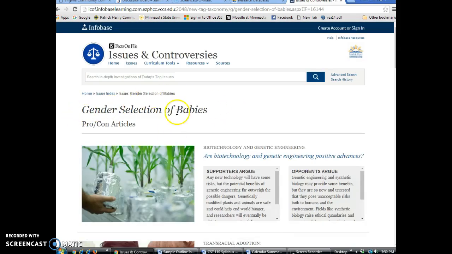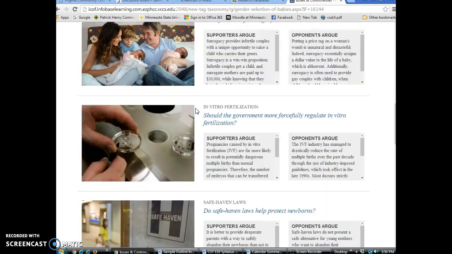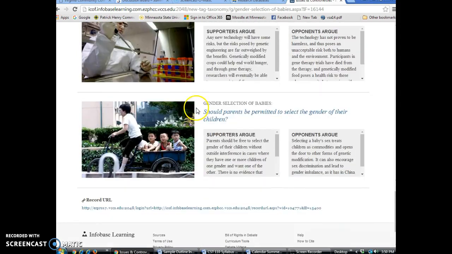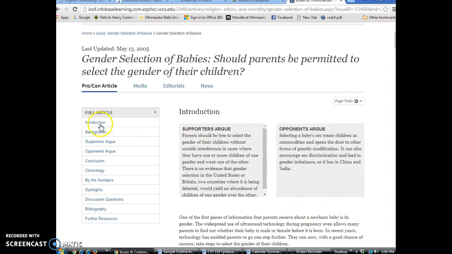Now for gender selection of babies, we have a lot of different articles going down through here. I don't hit the one that's on gender selection of babies until the very bottom. It says, gender selection of babies: should parents be permitted to select the gender of their children? And it's like, oh yeah, that's a really good question for me to think about. So if I click on that, what I love about Issues and Controversies is it gives me a whole plethora